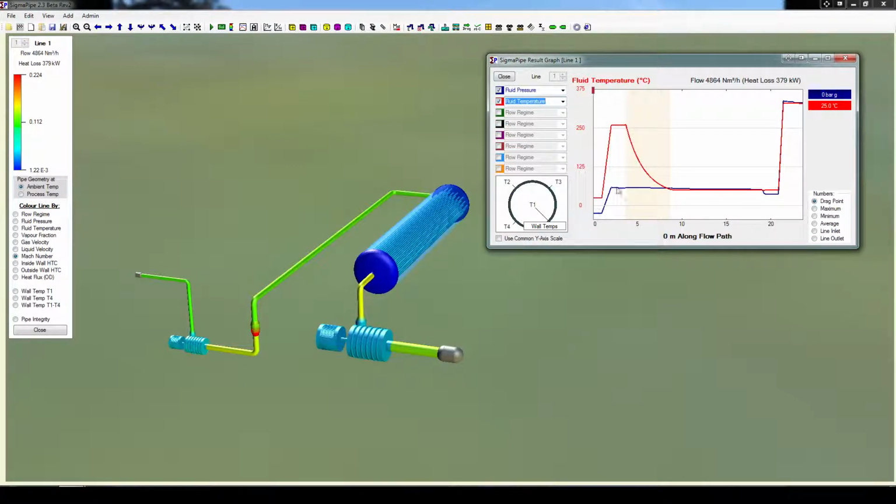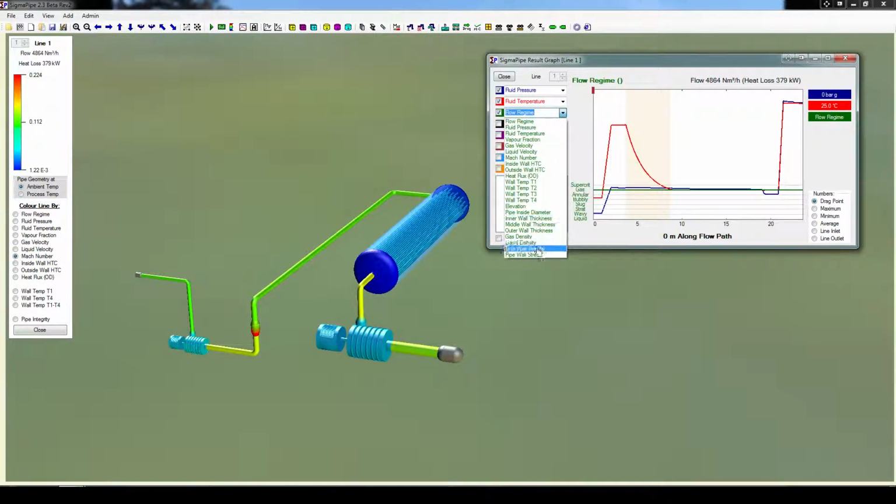So you can see, okay, at the first compressor, then you lose some pressure through your piping, and then the pressure increases again at your second compressor. You can see your fluid temperature over that, so temperature increases, cools down, and then heats up again. You can also look at gas velocity, and everything that you can see here, actually more than you can see on the color scale, you can see here, and it gives you exact values for it. So if you want to look at, for example, your maximum, it tells you your maximum pressure and maximum fluid temperature,